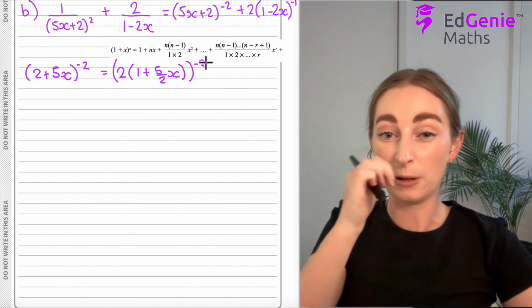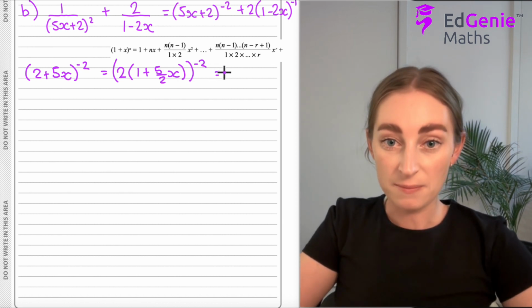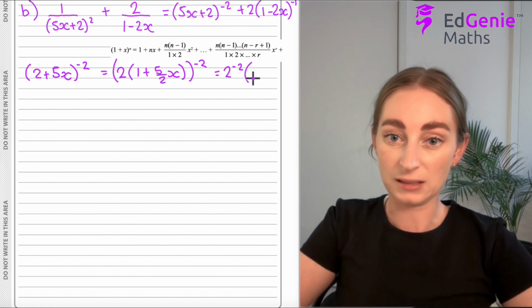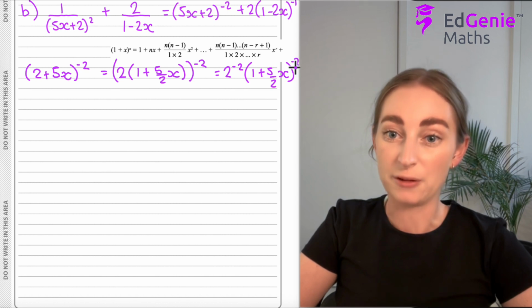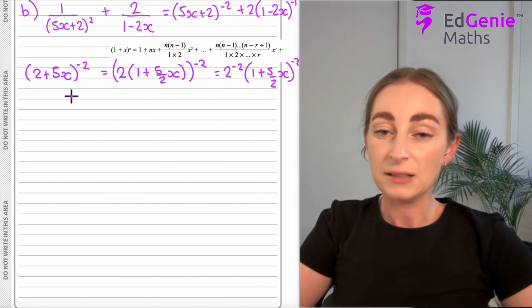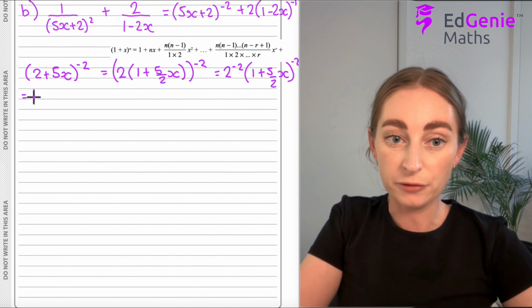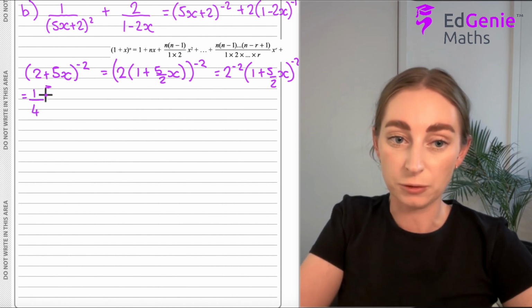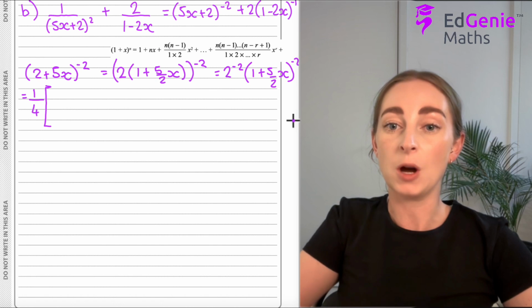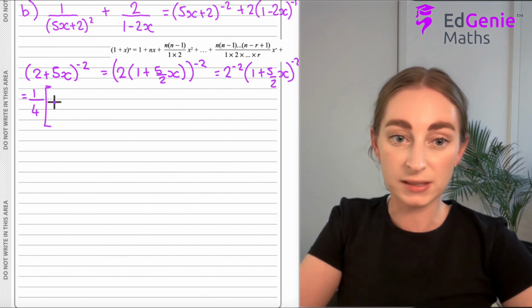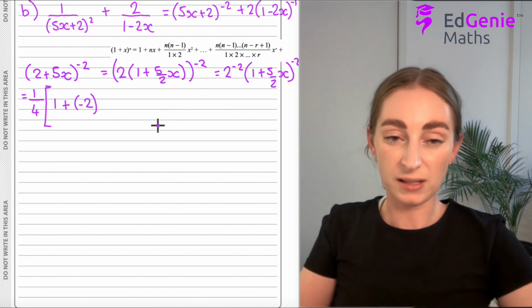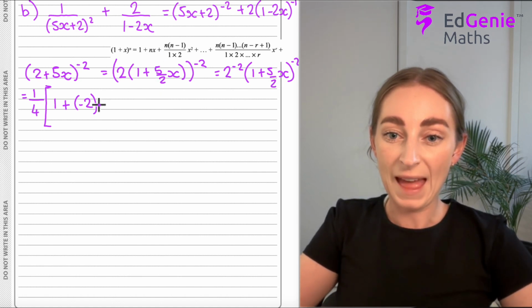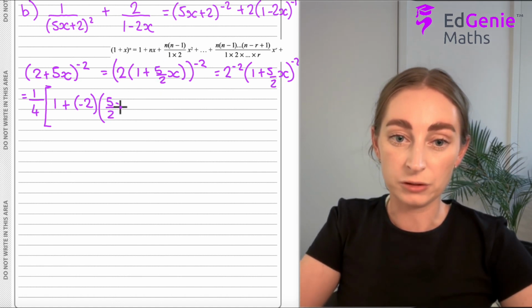And that's all to the power of negative 2. So that means that it's 2 to the power of negative 2 times 1 plus 5 over 2x to the power of negative 2. 2 to the power of negative 2 is the same as 1 over 4 because it's 1 over 2 squared, which is 4. And that's going to be multiplied by my whole expansion. So first term's going to be 1 plus n, which is -2. I like to put this in brackets when it's got the negatives, otherwise I find it gets a bit too confusing, times by the x, and we have got 5/2x,